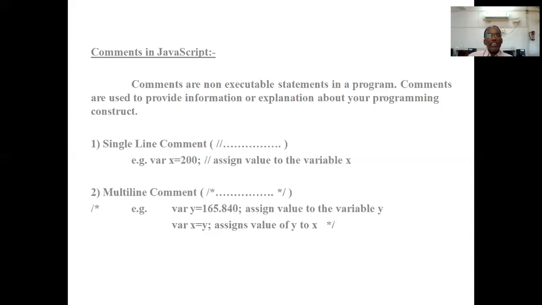So both these lines will not execute and are ignored by JavaScript, as we have used the opening and end of the multi-line comment for both these lines. Okay, fine. So we will stop here only.